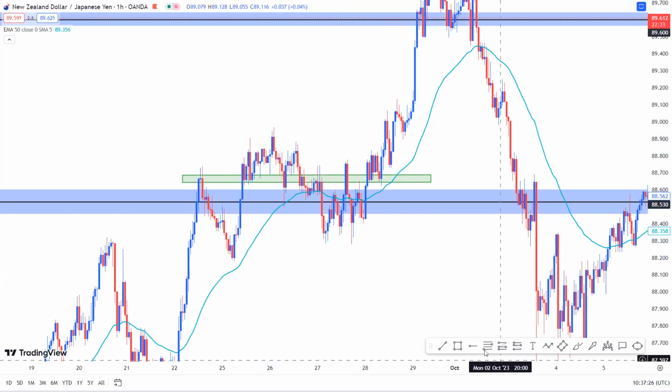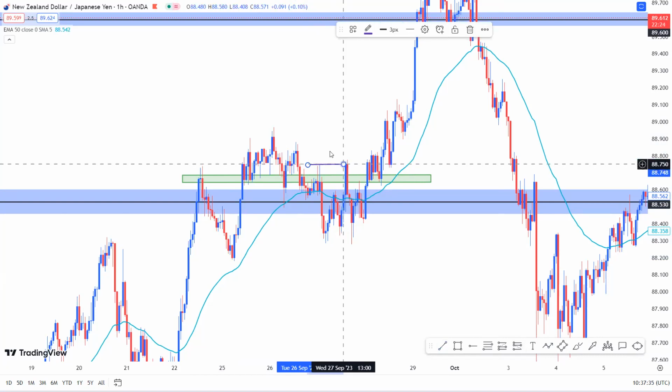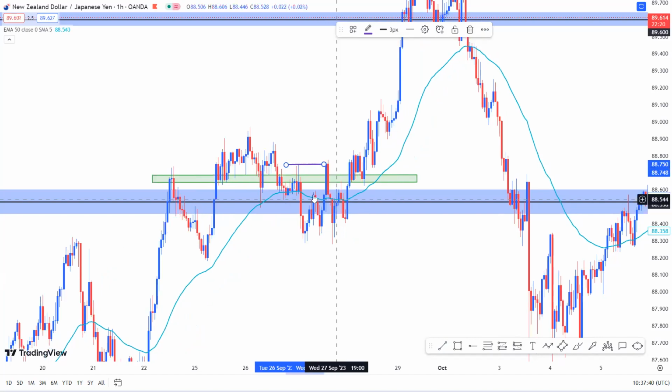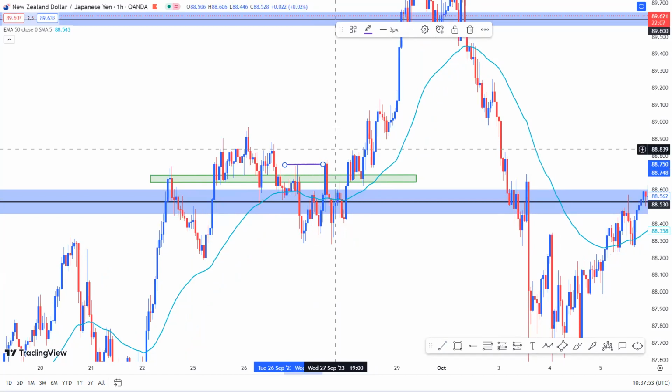Having identified the last lower high level right about here, price was trading somewhere around here, as at the time the daily candlestick had closed as a rejection. So I pretty much was waiting for a shift back from a bearish market on the hourly time frame perspective to a bullish market structure. And then again, this is where I went ahead to update